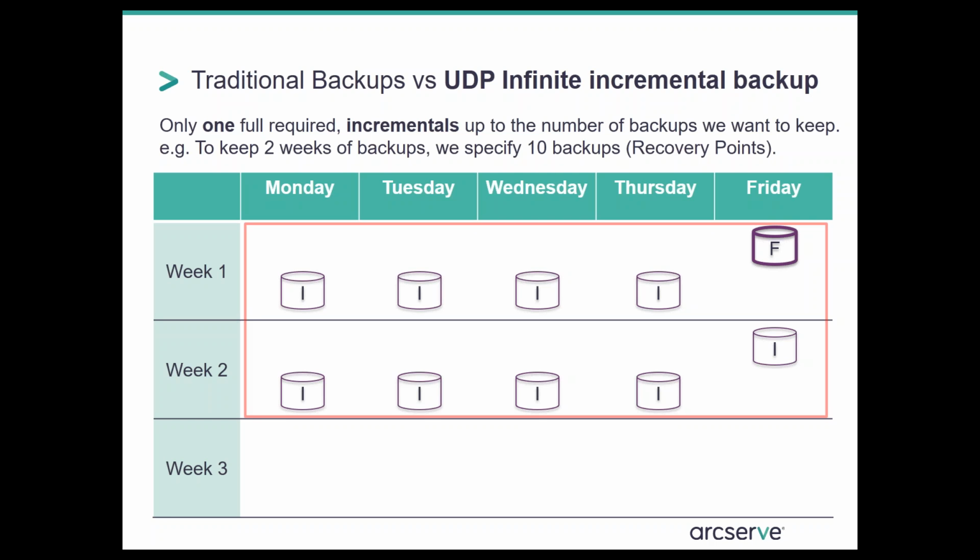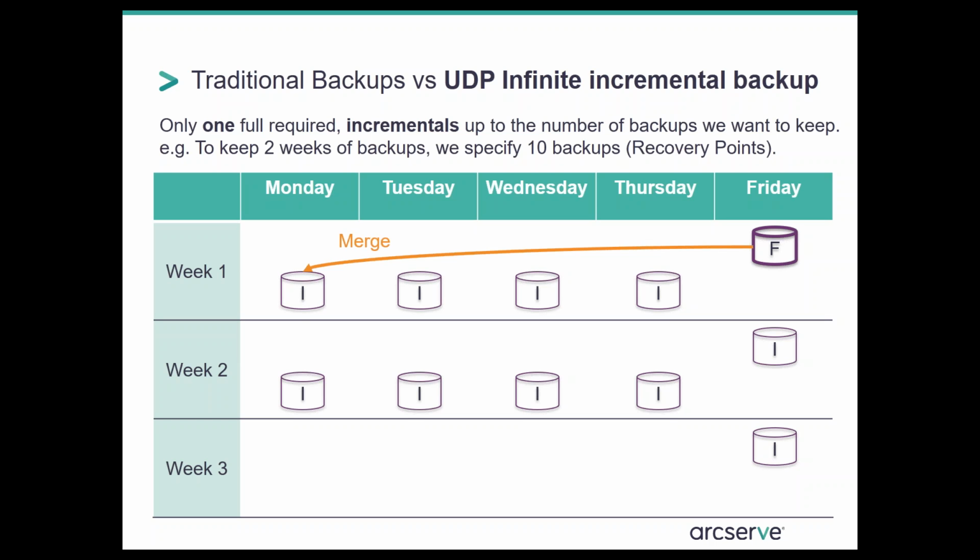What happens on the third week is we take another incremental. So here at this point, we now have 11 backups or 11 recovery points, which is one more than we want to keep. We only want to keep 10. So what happens is after this 11th recovery point is taken as an incremental, we do something called a merge